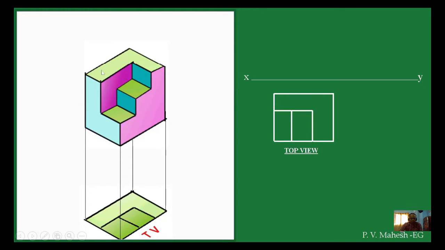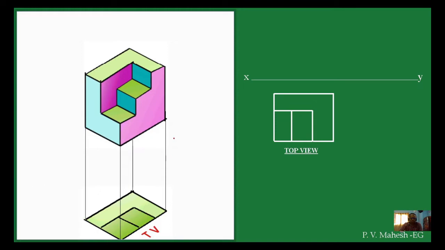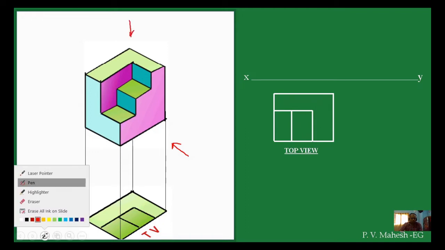If you see from the top, you will see this one, this one, this one. So basically what we are seeing is, say suppose this is the, okay, this is the front view, and this is the side view, and this is the top view. Okay, now when we are seeing like that,